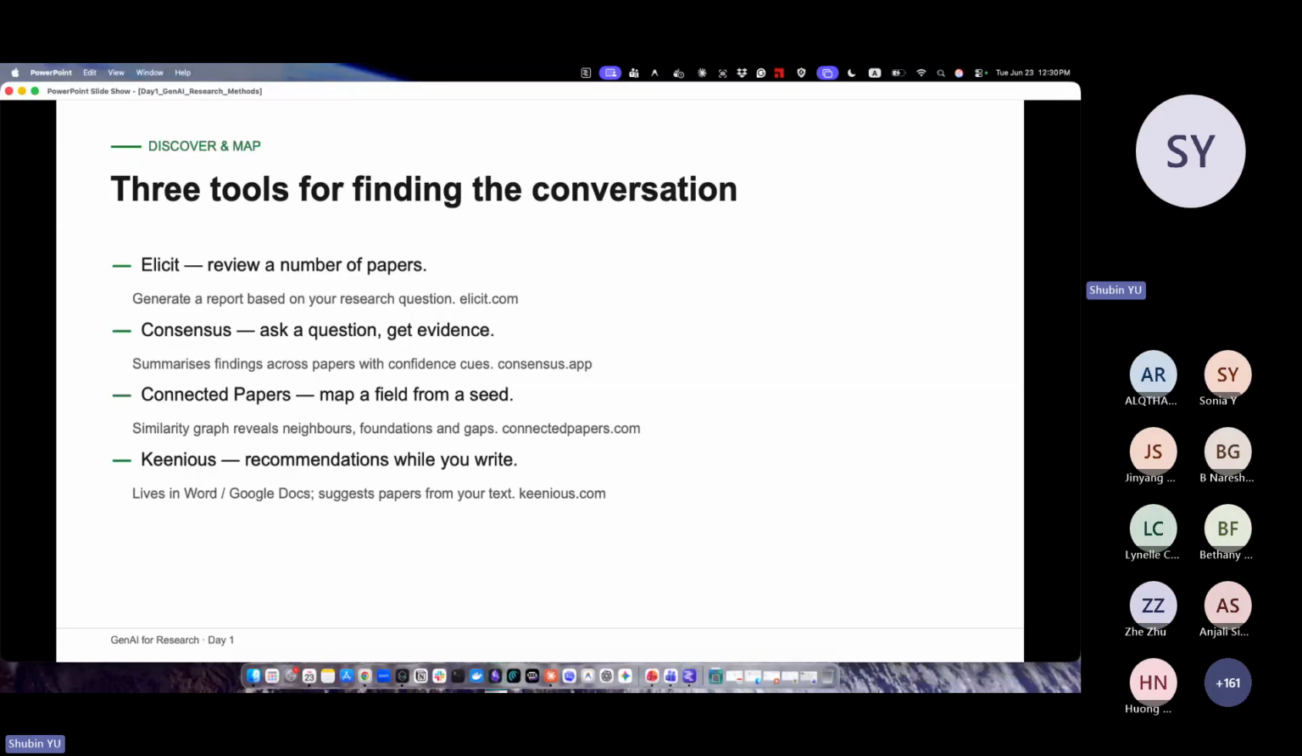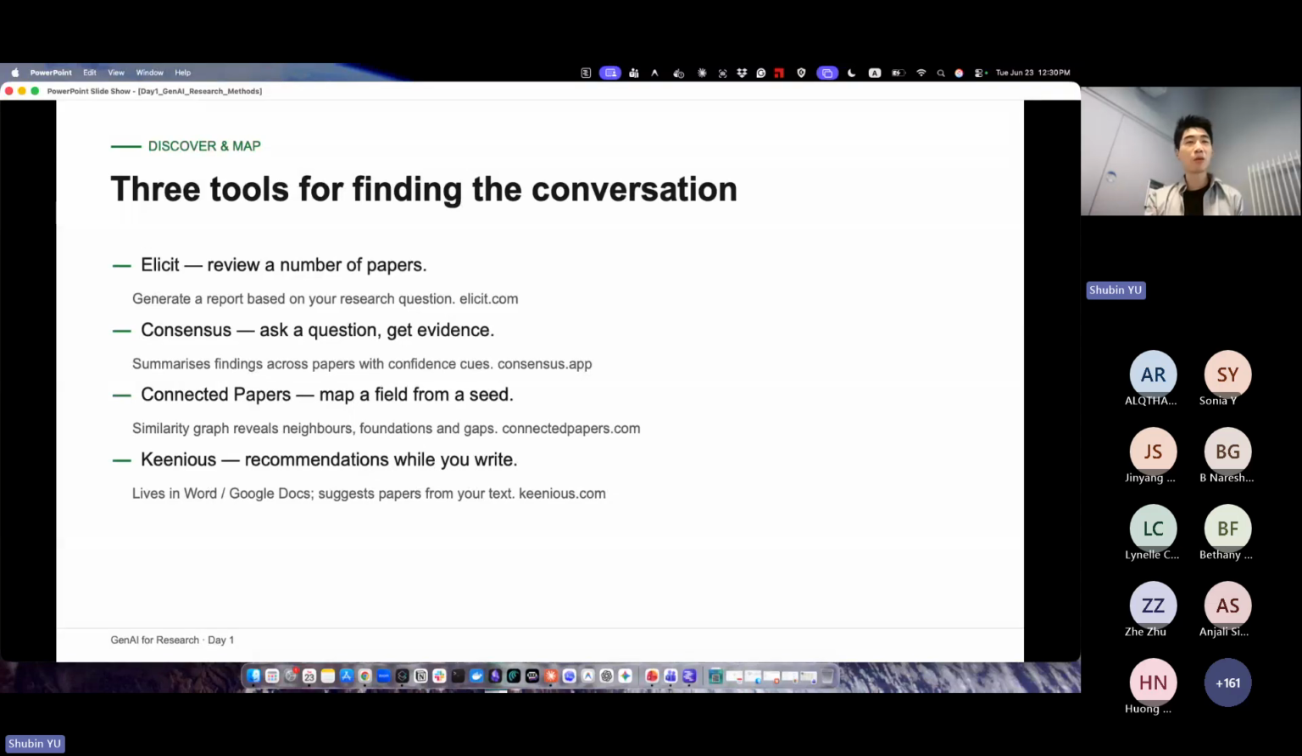What's important is that you understand the logic, right? So how it works, and probably there will be other tools available, or new tools that are free. So in the end, it's your choice, and it's also a kind of transferable skill that you need to know. So the tools I introduced here: the first one is Elicit, and the second one is Consensus,